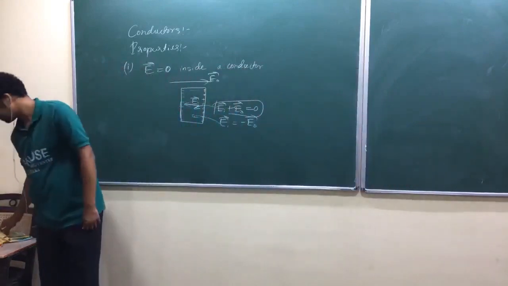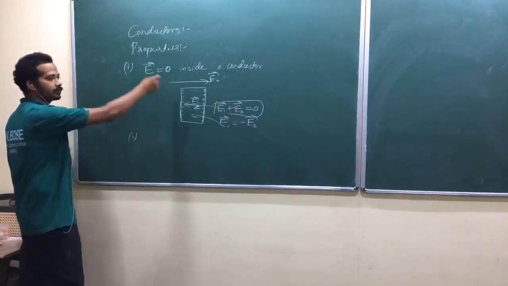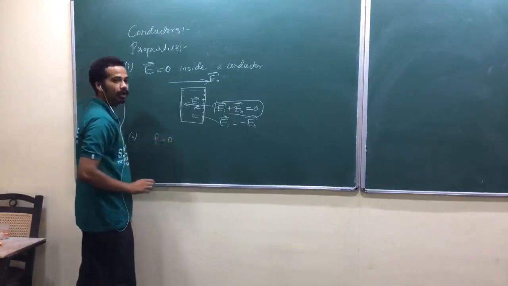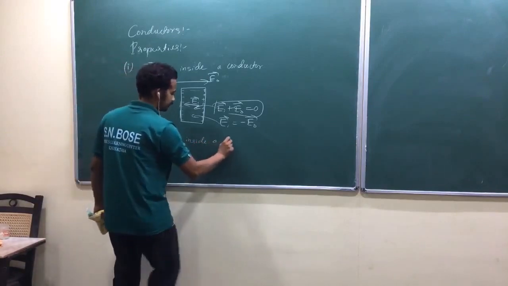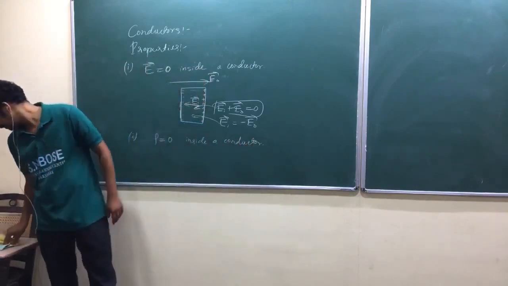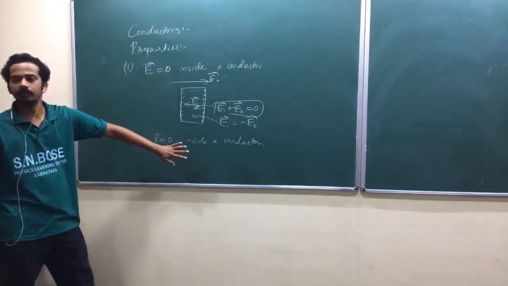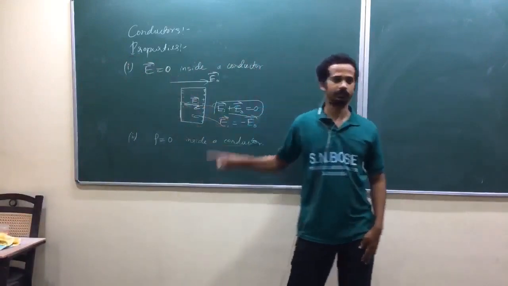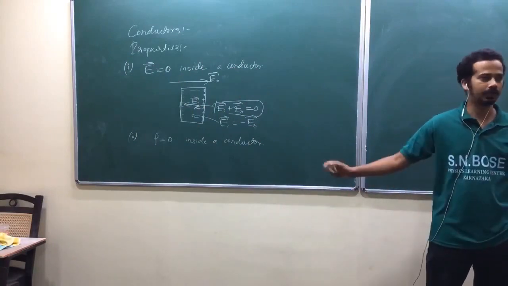So the second one is, again after this argument I can show this one. Rho equals 0, the volume charge density is always 0 inside a conductor. Why? Again, don't use this one now. Argue independently. Once you argue independently, you can use this one to find this one. Curl equals 0 already. Divergence will also be 0.